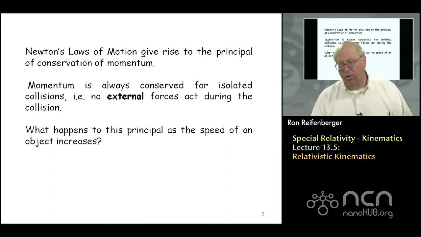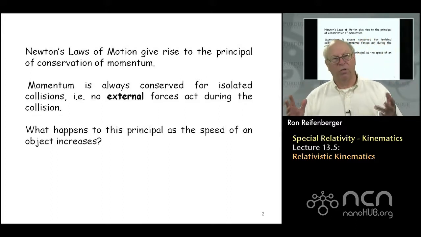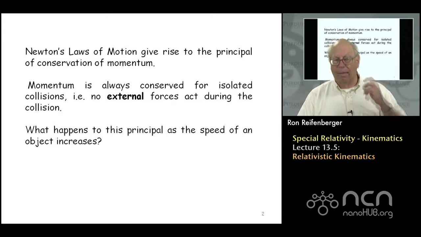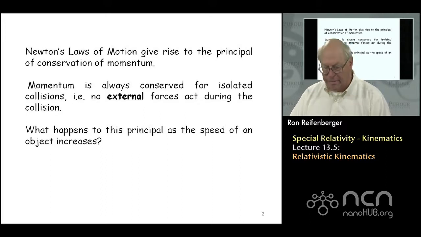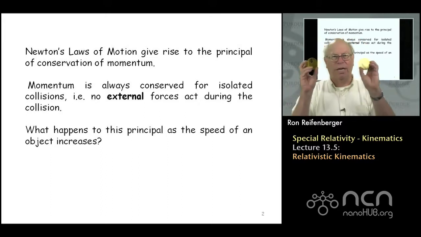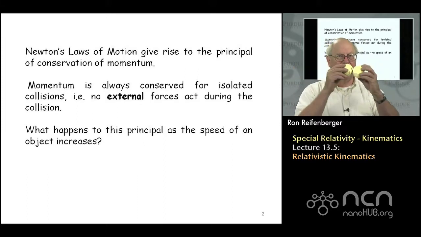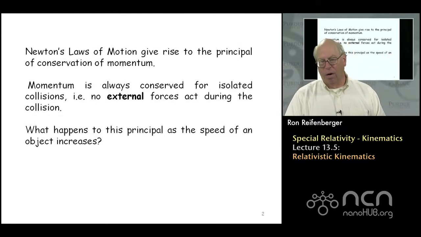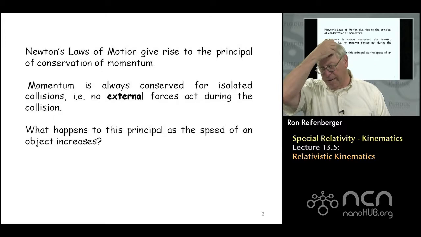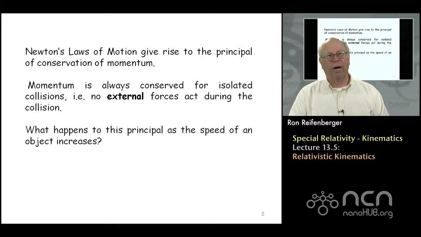As you all know, Newton's laws of motion are often used to solve kinematic problems at speeds that are very small compared to the speed of light. And this principle of conservation of momentum is an extremely useful principle that allows you to solve problems that involve the collision between two objects. So if you have two objects and you allow them to collide and then rebound, the momentum before the collision is always equal to the momentum after the collision, assuming there are no external forces that